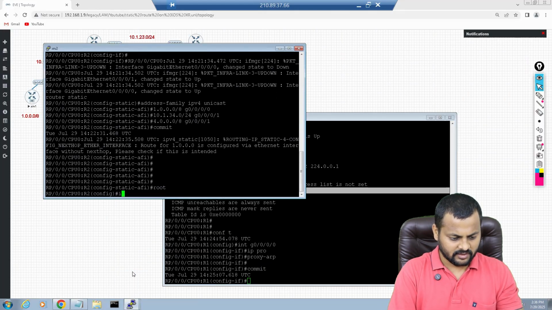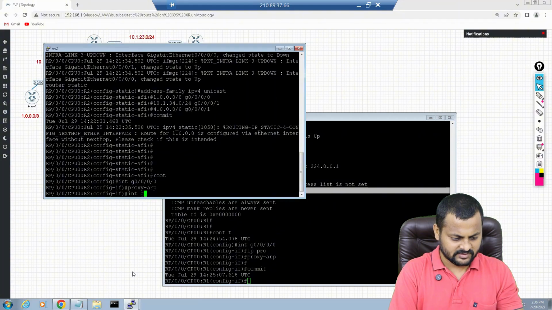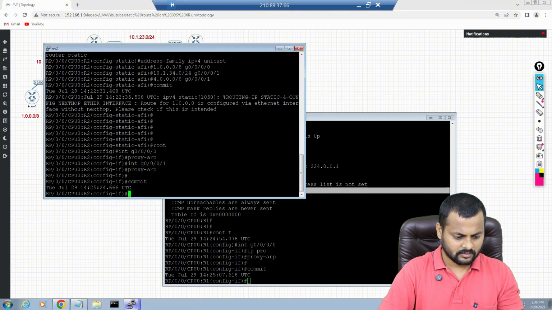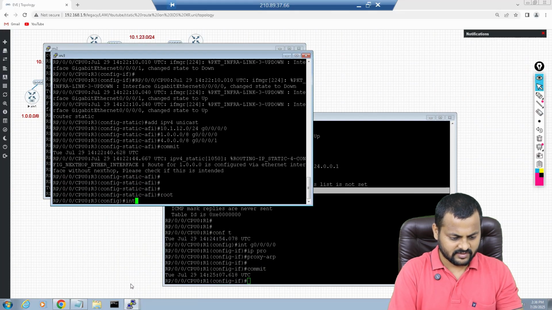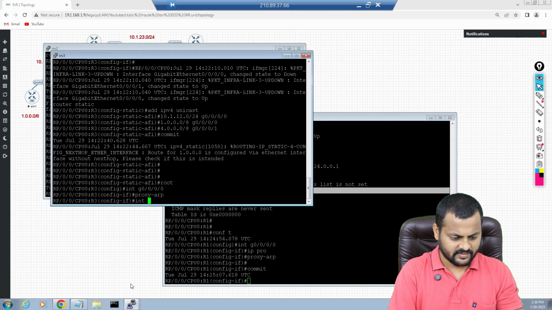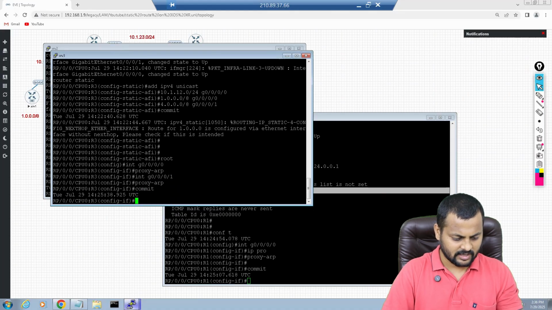I'll go to router interface gig 0/0/0/0, proxy ARP, and interface gig 0/0/0/1 as well, proxy ARP. Same with this guy and R3 as well. Router interface gig 0/0/0/0, proxy ARP, and interface gig 0/0/0/1, proxy ARP, and commit this guy, and finally we have router 4 as well.